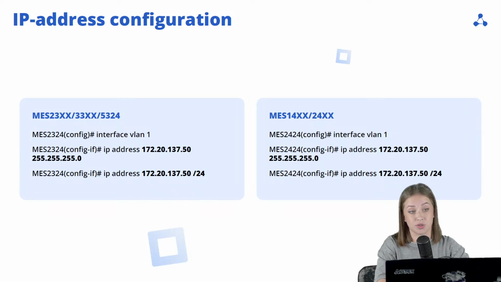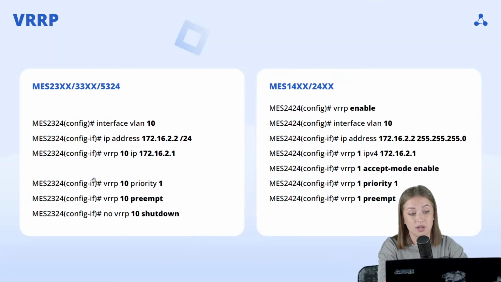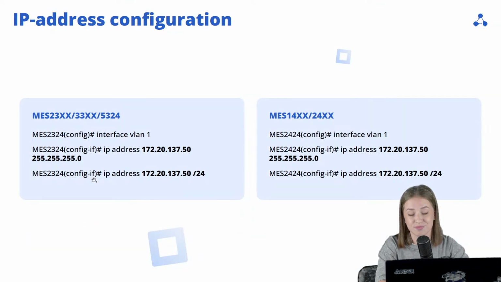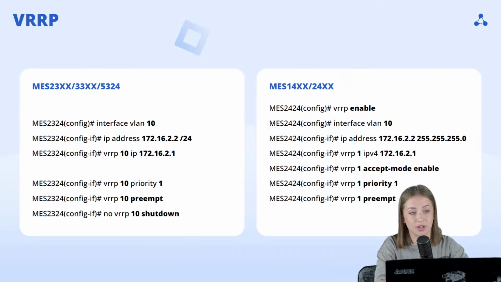In this slide, you can see an example of how to set an IP address for a LAN interface. Also, it's accessible for the physical interface. And as you can see, we have 2 ways to define the mask, for example, bitwise or using the slash. Let's move to our next part of the webinar, which will be dedicated to the layer 3 functionality, starting with